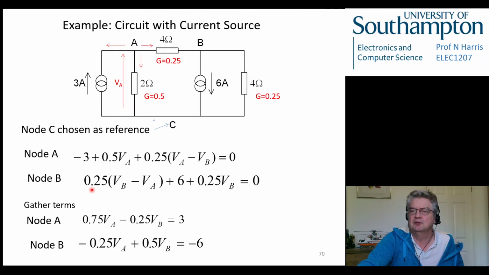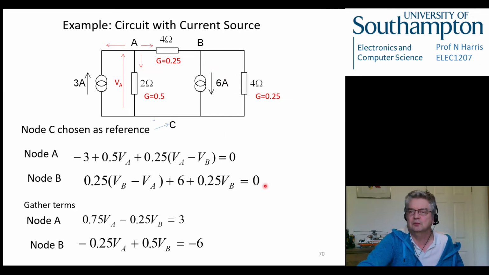we get the same kind of equation, and we can start to see some similarities. So this one part here relates to the current. So we're on some other arrows that I haven't drawn this way. So I've got an arrow going from B to A in this case. So that's an opposite to this one. We've got 6 amps leaving the source, and then we've got 0.25 VB, whatever VB is, that's the thing we're